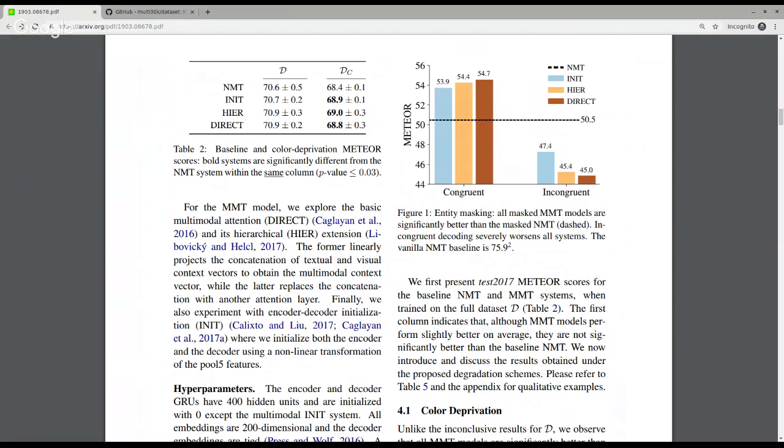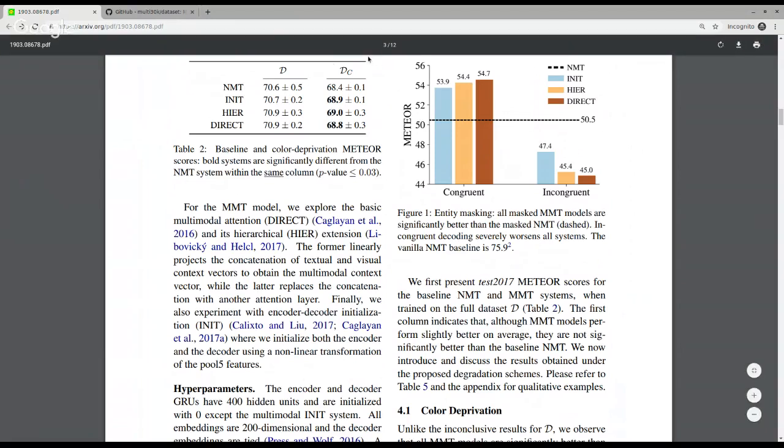And it looks like if you are initializing with the weights from the visual features, using hierarchical attention, or squishing all of the visual features down, those all improve over the baseline. So once you remove the color information, including these visual features does improve performance, and these all look like they don't overlap. So that is probably